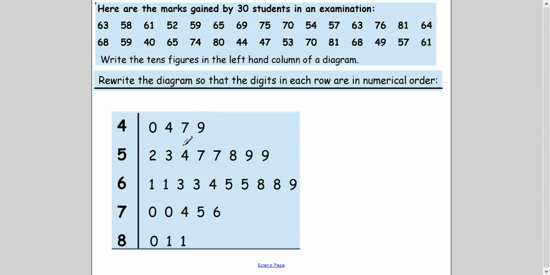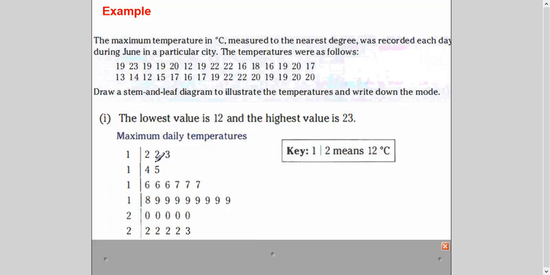So this is how you will make a stem and leaf diagram with the help of the data. And this is 2-digit data. You have seen in this stem, there is the tens value, and in the leaf, there is the unit value, right? No comma, only a little gap between them.